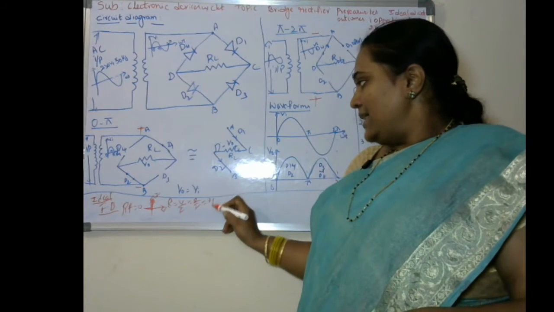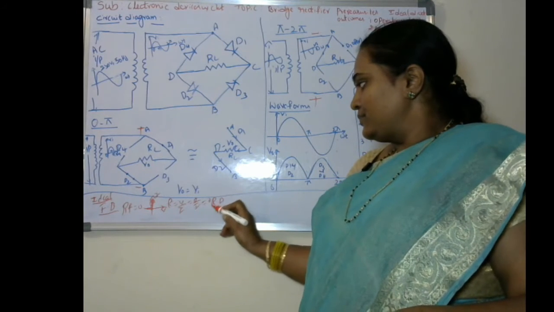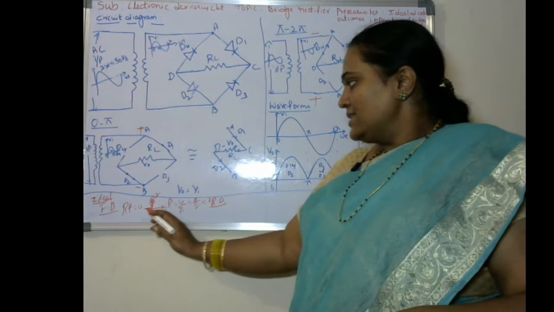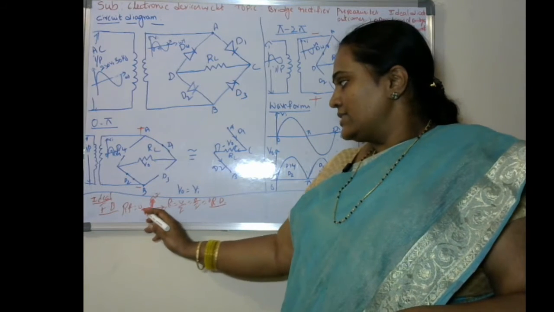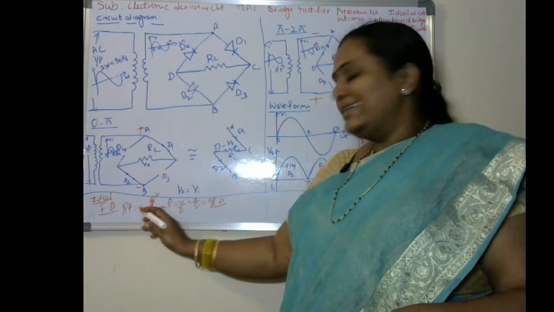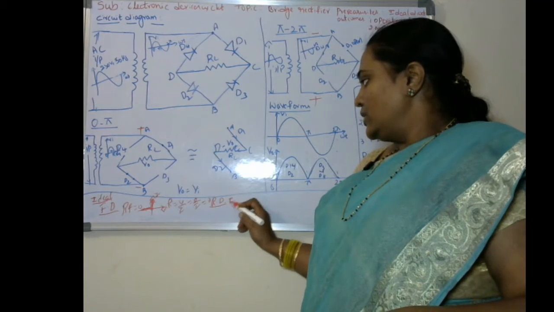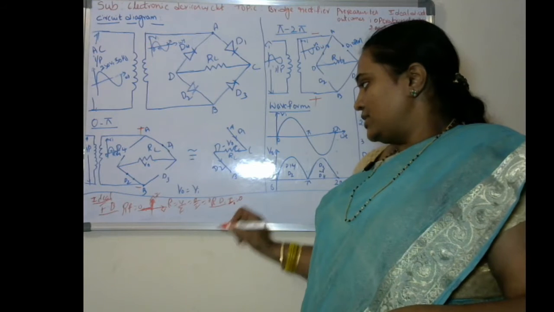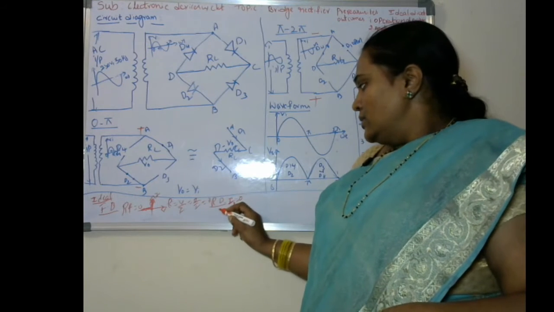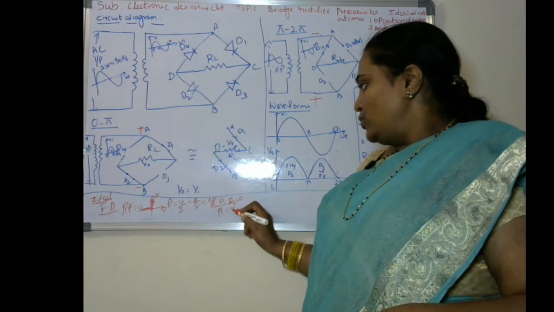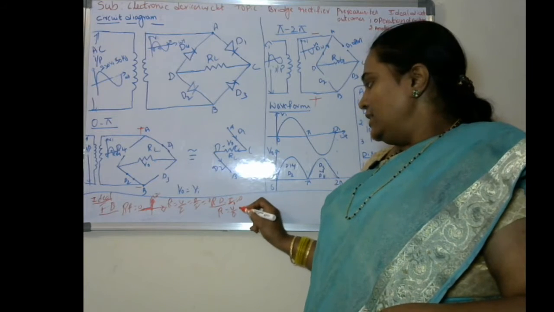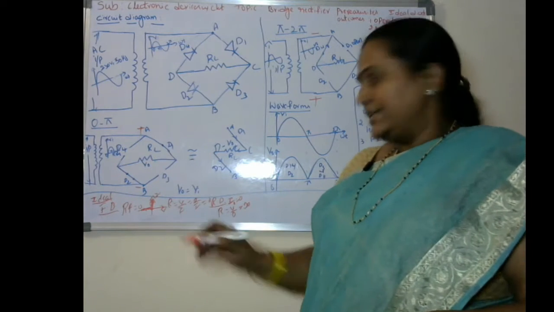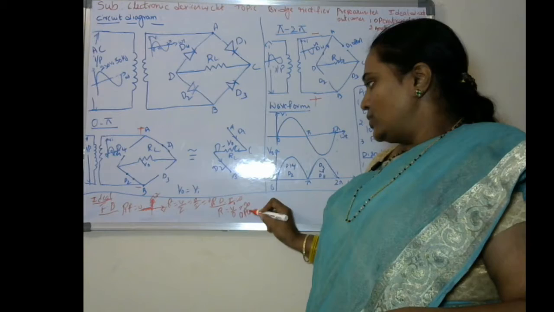When it comes to the reverse bias case, if you observe, there exists a voltage but the current is 0. So in the reverse bias case, the current is approximately equal to 0, the reverse saturation current. So resistance will be equal to voltage by 0. Anything by 0 goes to infinite. It acts like an open circuit.